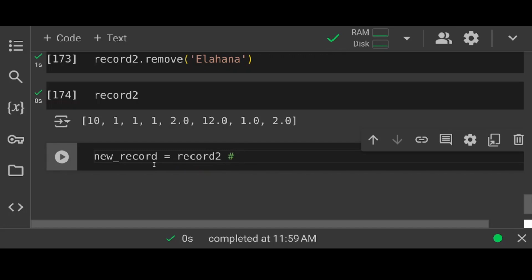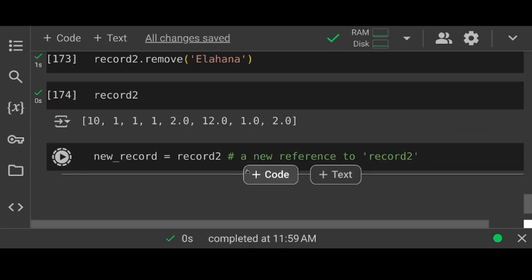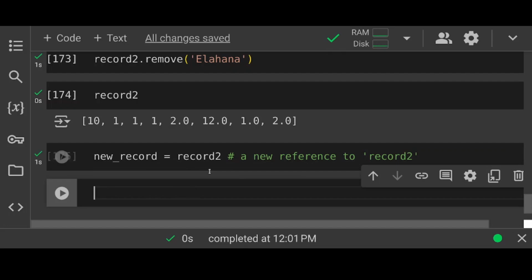Okay, this is just a reference or alias to record 2. So anything we change on new record will be manifested on record 2. For example, if we change the first element of new record by 11,